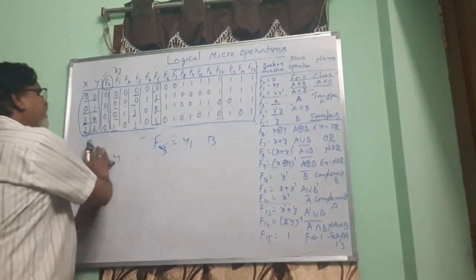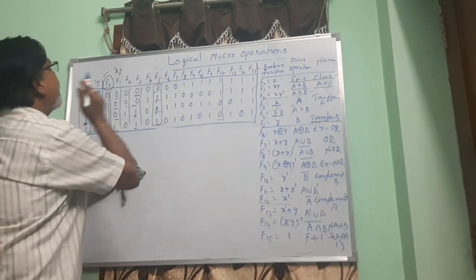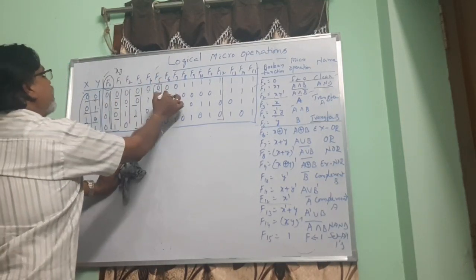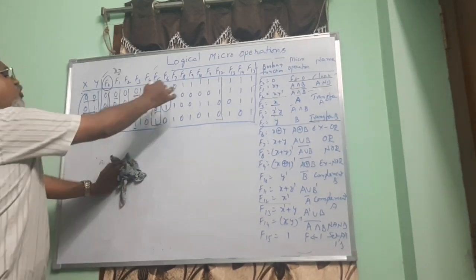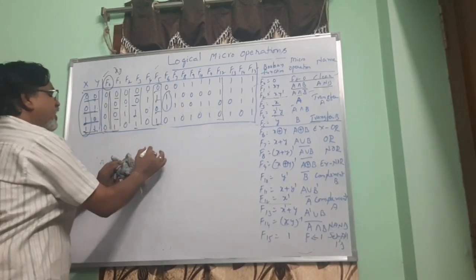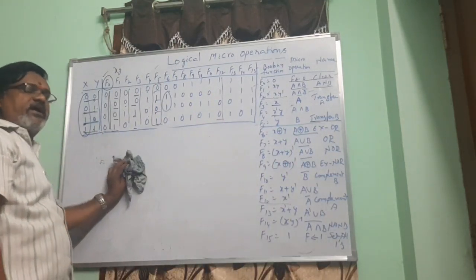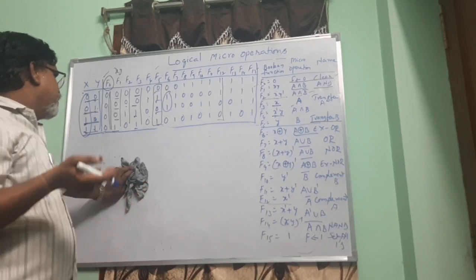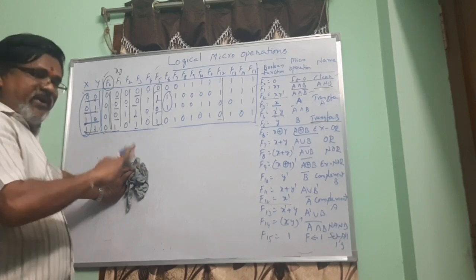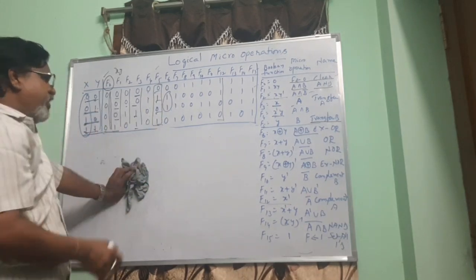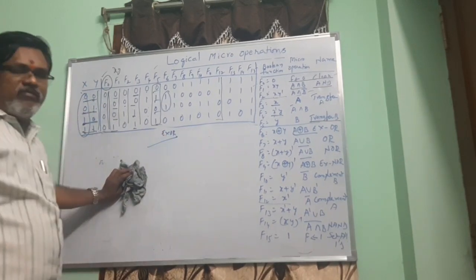So like this. And then come to F6. F6 stands for x bar y plus x y bar. See here F6 is 0 1 1 0. The output is 1 when the two inputs are different, and the output is 0 when the two inputs are the same. That is the property of the exclusive OR gate: when the two inputs are the same, the output will be 0, and when the two inputs are different, either 0 or 1, then the output will be 1. That's the property of the exclusive OR gate. So the Boolean function F6 is meant for the XOR gate.